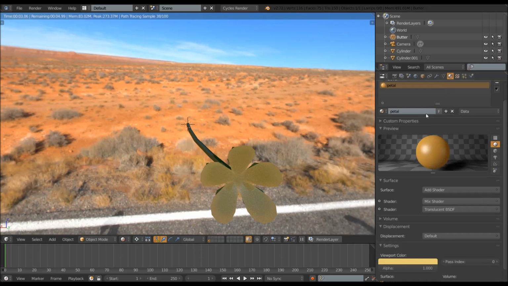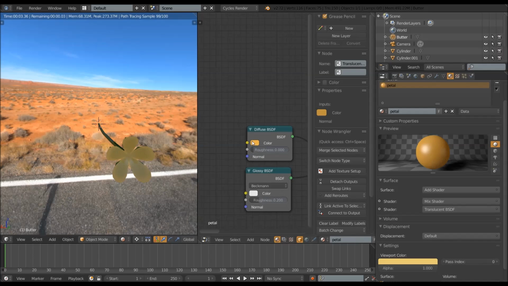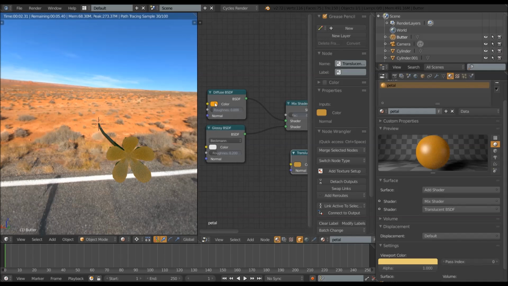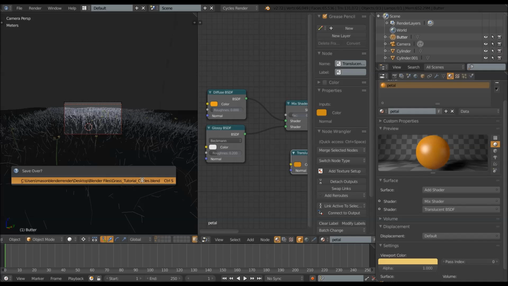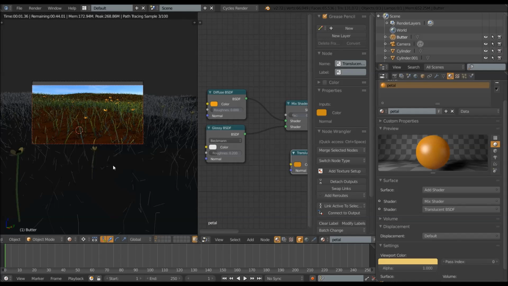So let's just select the material for that, split it, open up the node editor, and let's change that diffuse color to be a little bit more of a buttercuppy kind of thing. Drag that color over and make it just a bit darker for the translucent. Okay, let's see how that looks now. It was just looking a little bit too pale. You want to be careful not to go too saturated, but I think in that case it was just, yeah,